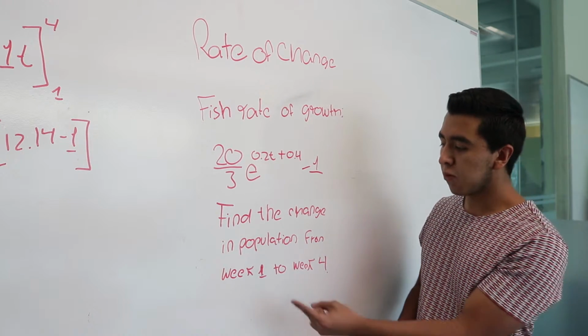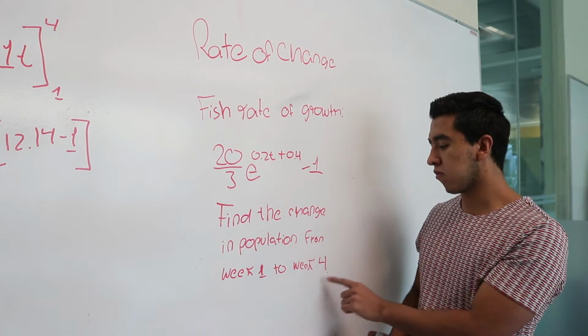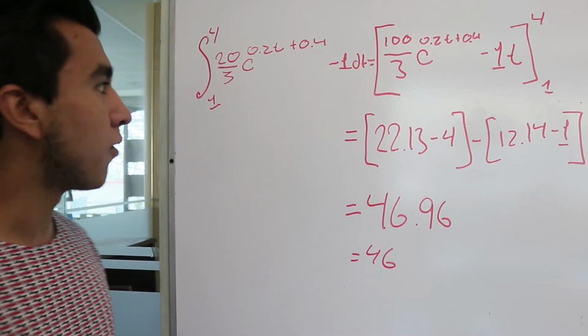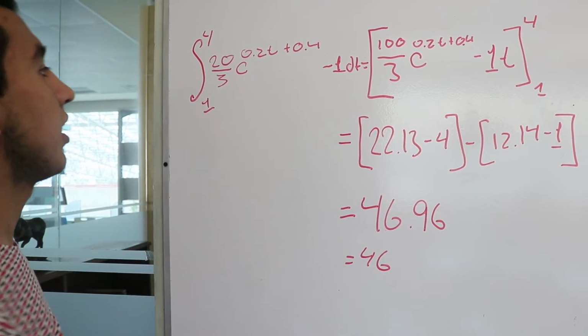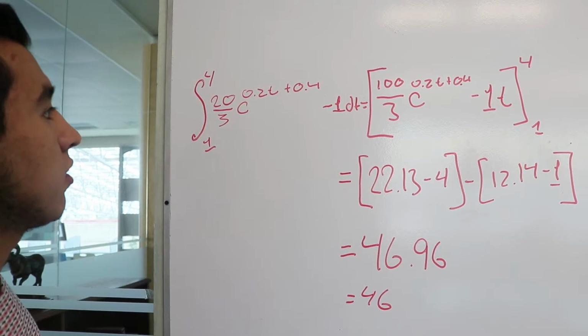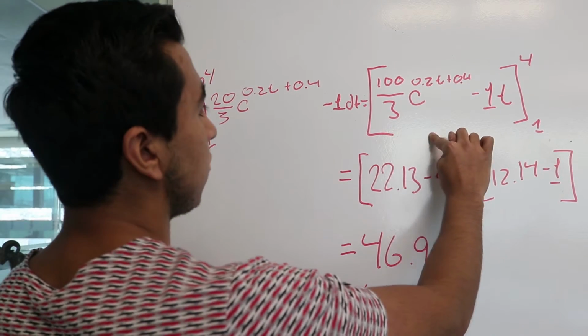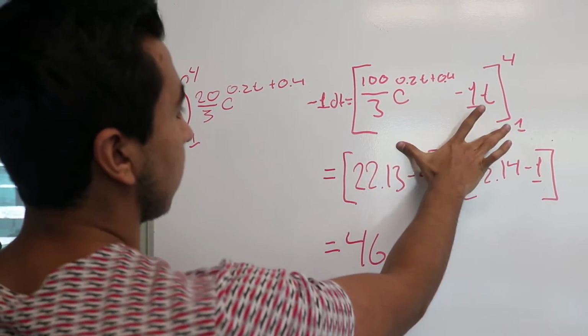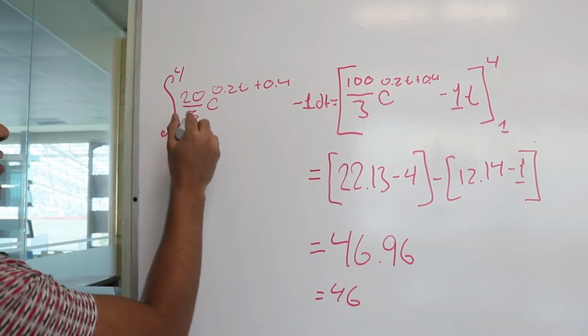In this case will be week 1 and week 4. So first we are going to make the integral of the function, and we are going to set the limits from 1 to 4. And to find this result, this is the result of the integral, we need to substitute